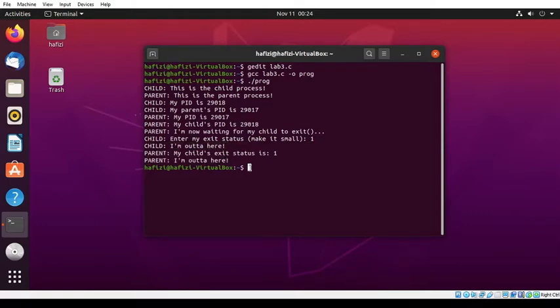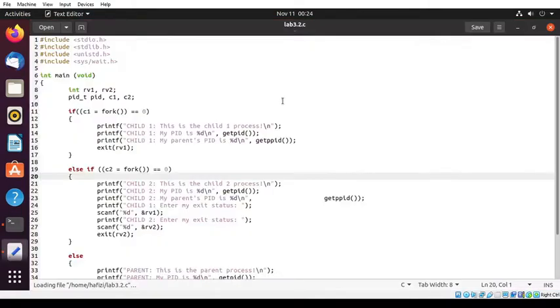So untuk next exercise, kita perlu programkan dua child and wait for the two child to exit, and kita akan programkan untuk output exit status untuk kedua-dua child. So the program, kita akan